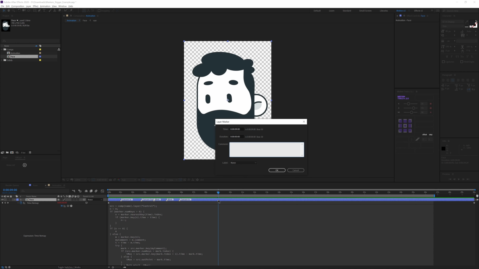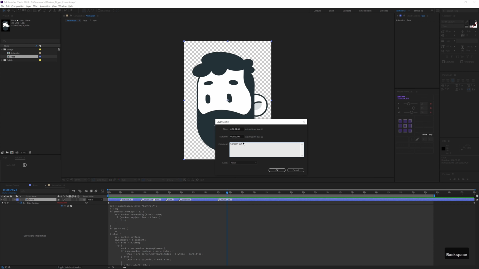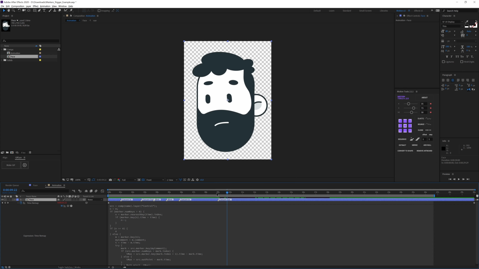Just one little tip. When you finish typing the marker name, don't press enter. Because you'll create a new line, marker names will not match and the expression won't work. To make it work, I delete the line I just created and press OK. The names now match and everything runs.